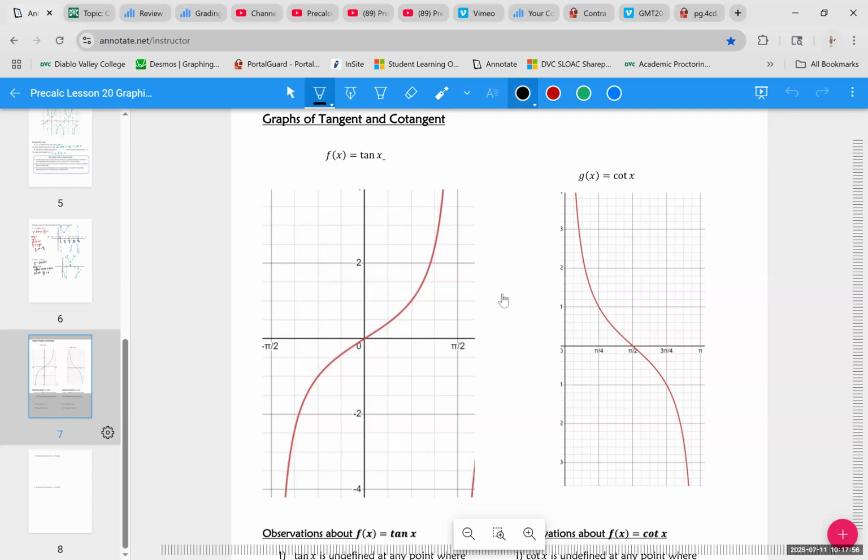And the key points that we talk about for this one, the first one is this asymptote. So it starts off with an asymptote, and that's at negative pi over 2. At negative pi over 4, the tangent is negative 1. So that's our second point of interest. At 0, it's 0, so it's 0 in the middle. At pi over 4, it's 1. And then the last point would be the second asymptote that closes off the period or the cycle at pi over 2. So you still have 5 points of interest,